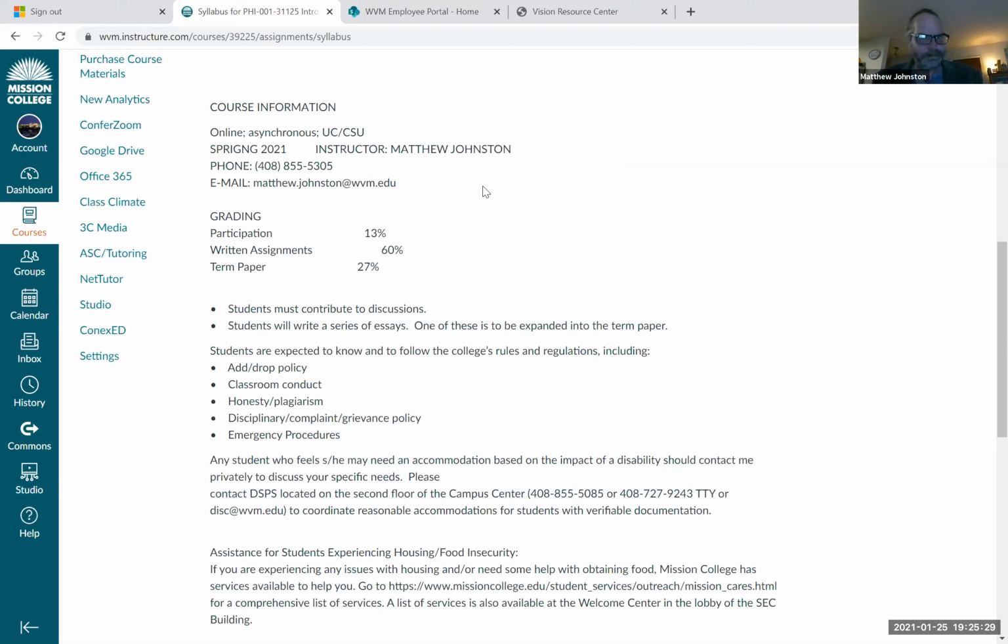That said, most of your grade, 87% of your grade, is the written assignments, okay? There are no tests. It's just writing papers. You've got to write me papers. There are 4 papers in this class. I call three of them essays of the written assignments. The fourth I call the term paper, but it's still the same thing as another essay. They're all essays, okay? 4 essays is what you need to do in this class.